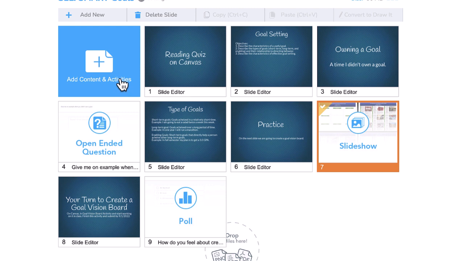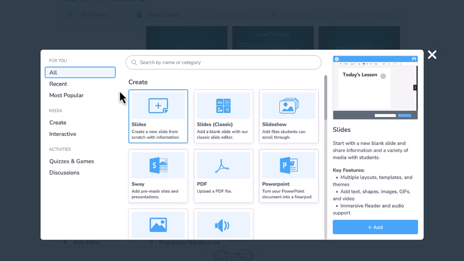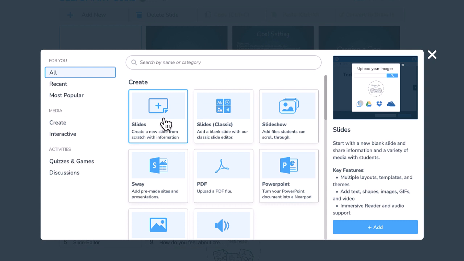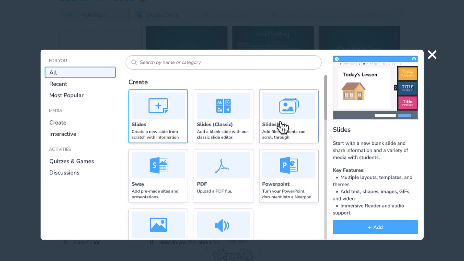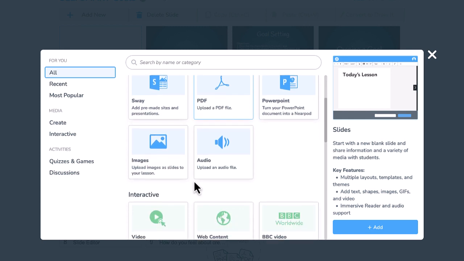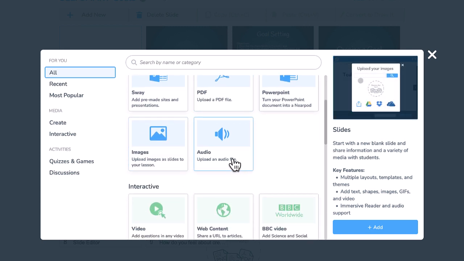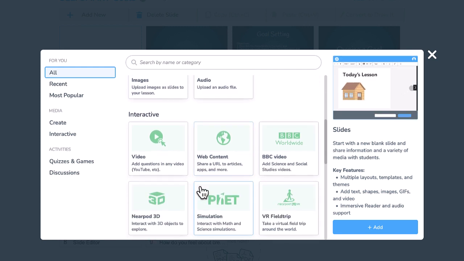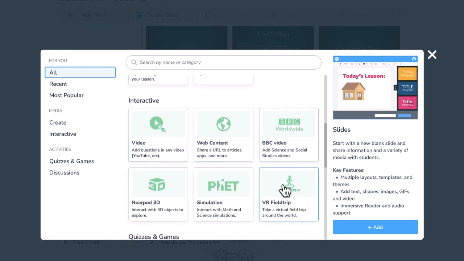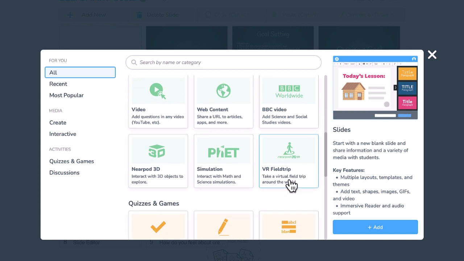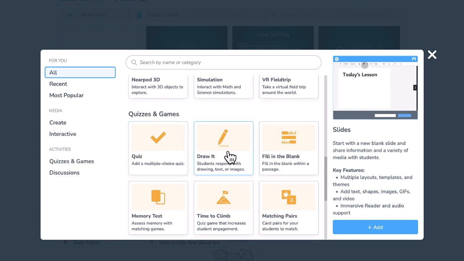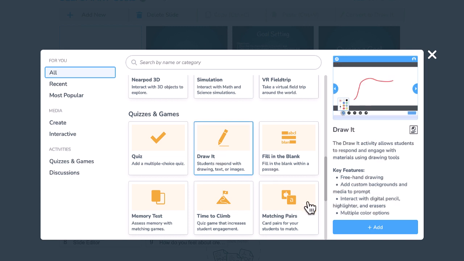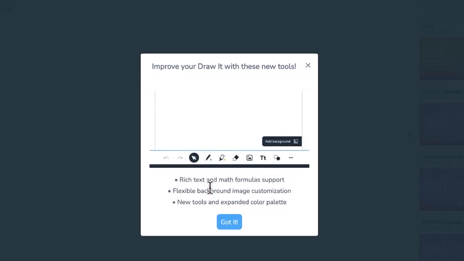But let's say I wanted to add maybe another slide. I click add. You can do slides, and you have different ones. You have slideshow. You can even enter your PowerPoint slides if you already have some. Maybe you want to enter an image or an audio as well, or you want to do interactive video, maybe even a VR field trip, or maybe you want to do a quiz or draw. My favorite is to draw it, so we're going to go ahead and click on the draw it, and I'm going to add that. So now it's going to take me to the actual